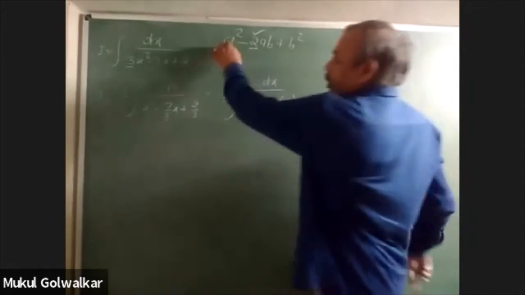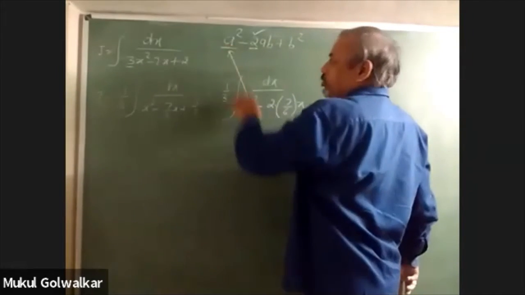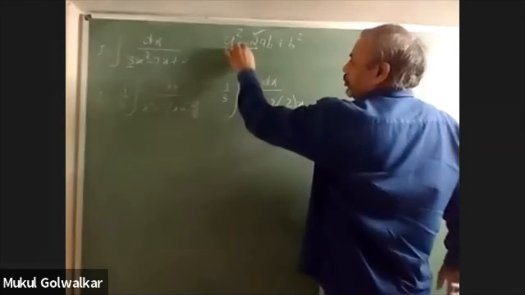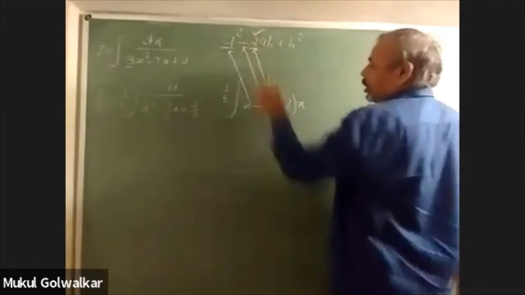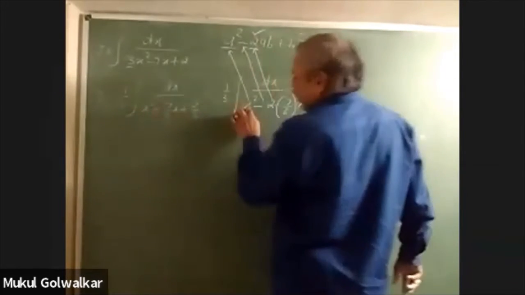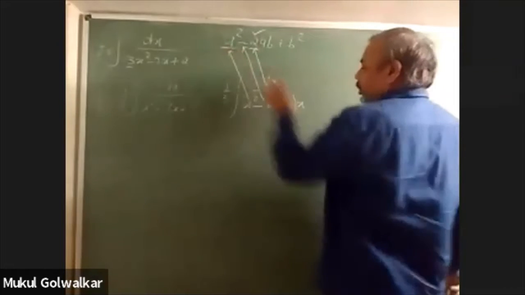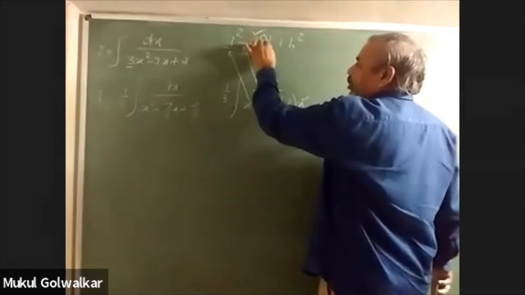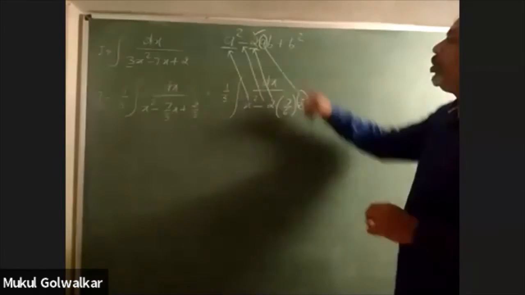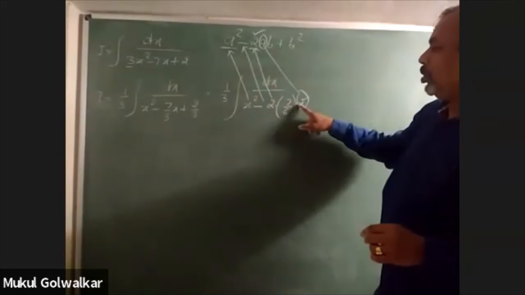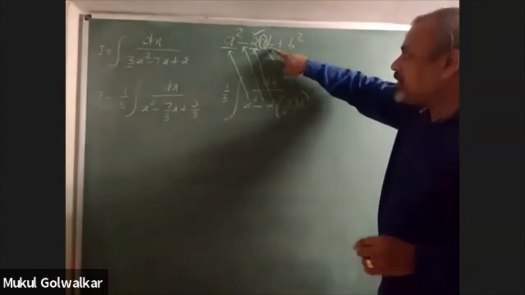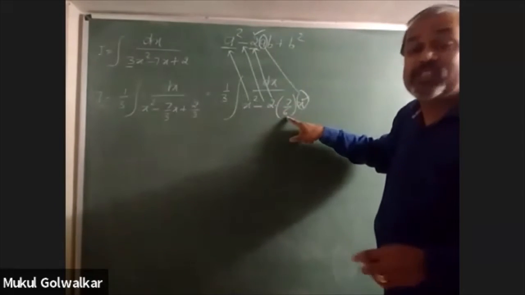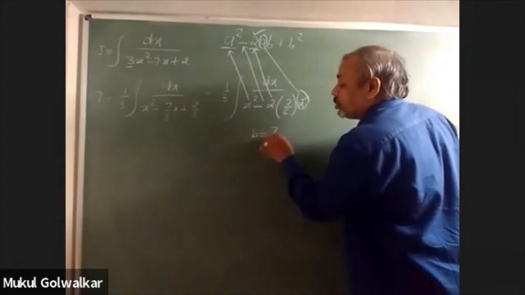Now you see, this x square term and a square are comparable, this minus sign is comparable, and this coefficient 2 is comparable. Since x square and a square are equal, x will be equivalent to a, so you can match these two terms also. Yes or no? Yes, sir. So what is left over in the middle term? b. And what is left over in the middle term here? 7 by 6. So here b is equal to 7 by 6.